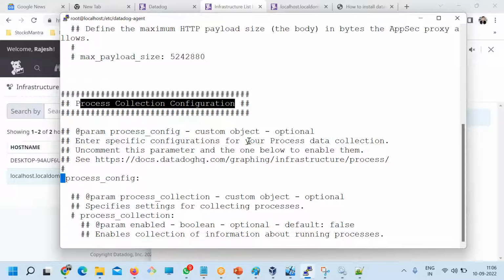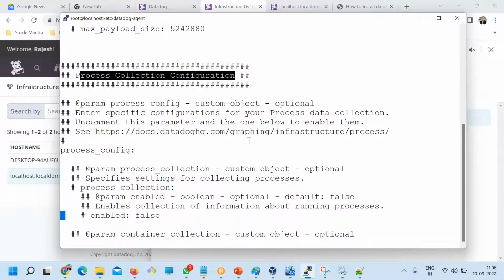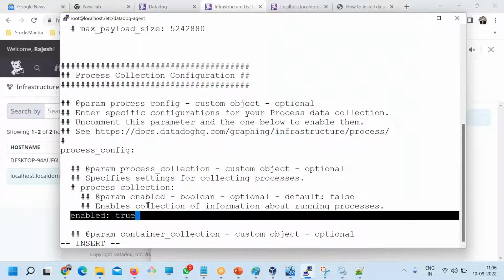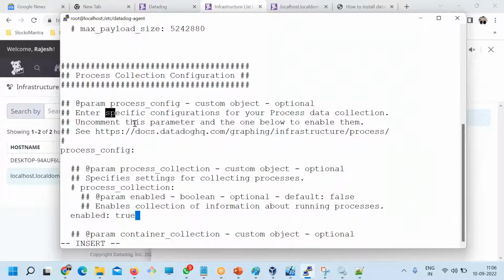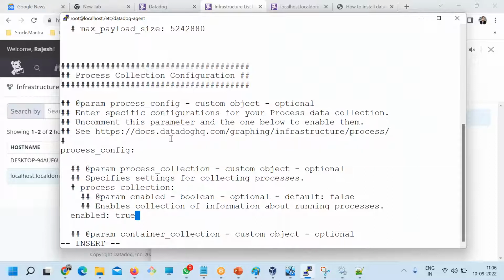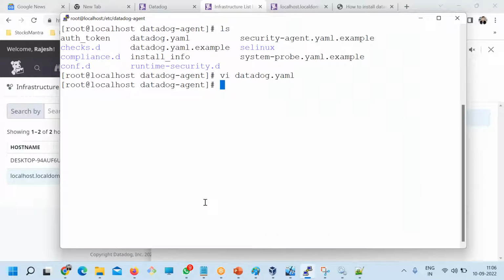So I'm uncommenting this, and here enabled, it should be true, correct? So I just enable this. Okay, now if you have more descriptions here and here, with peace of mind, please read them, don't rush. I am just showing you the areas, but as learners, read each line and then modify. Don't try to complete the thing, rather learn the things.